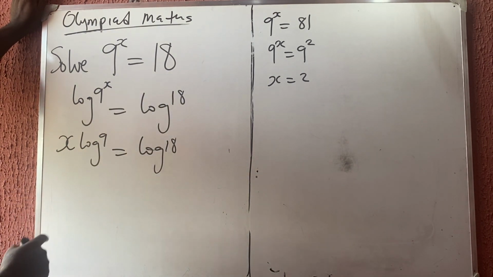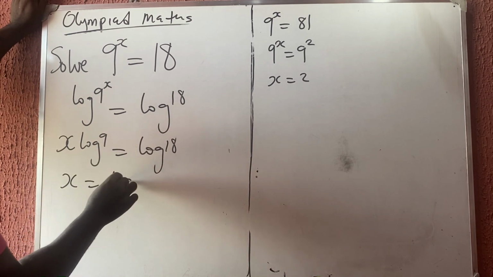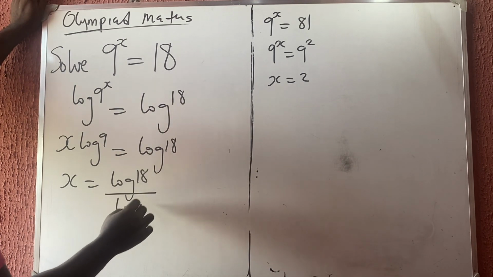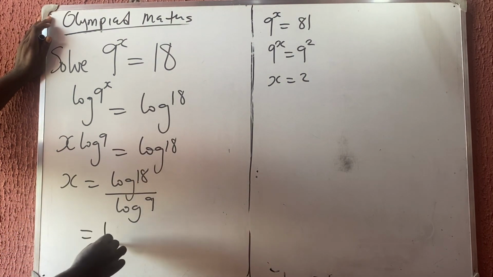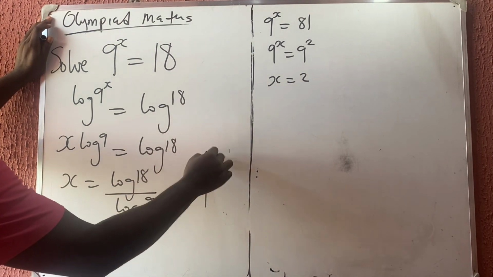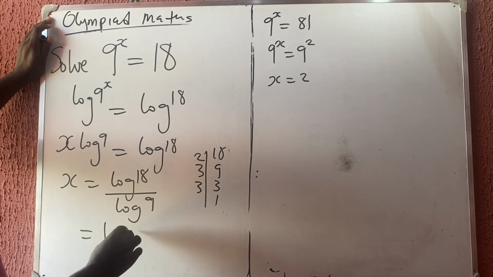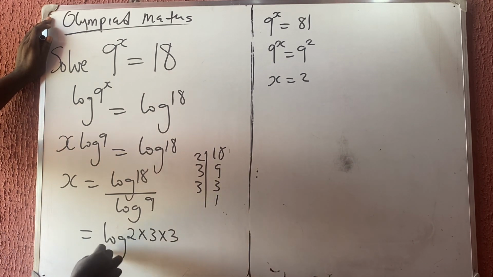So what do we do now? Divide both sides by log 9. So therefore, x will now be what? Log 18 divided by log 9. So now, I can break it down. Breaking it down, I'm going to have that this is what? 18 is the same thing as saying 2 divide 9, 3 divide 3, 3 divide 1. 18 is the same as saying 2 times 3 times 3 all over log 9, which is the same as saying